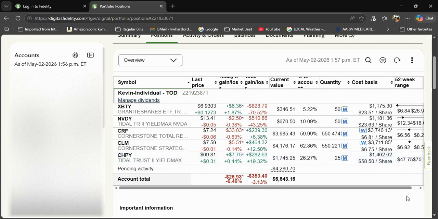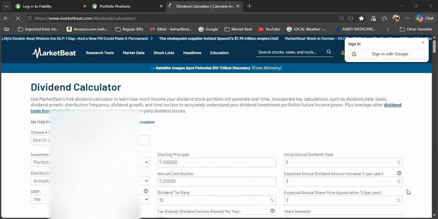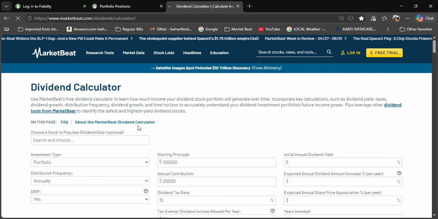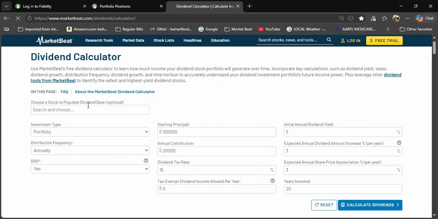And now what I want to do is to show you what $1,000 invested will do for your kids. Maybe they'll have a big head start that you and I didn't have time to get. So hang in there for a second longer. Okay, here we are back on the MarketBeat dividend calculator, and to choose the stock, we're just going to type in